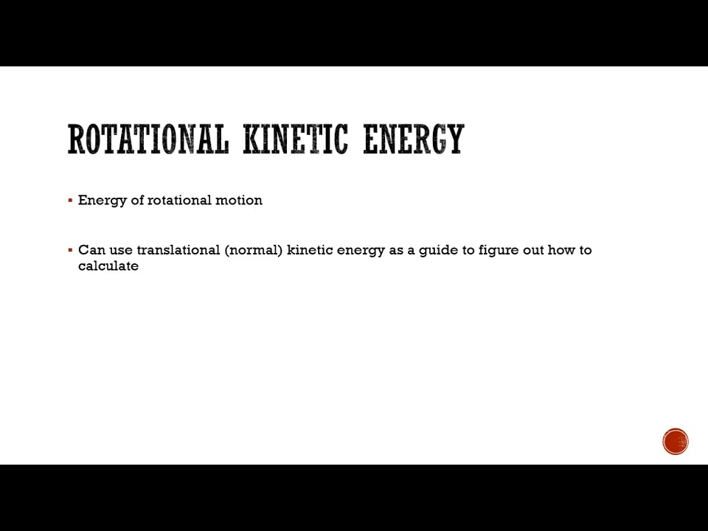So, to calculate what energy of rotational motion looks like, I want to use translational, or what I would call normal, kinetic energy as a guide to figure out how we should calculate. Normal kinetic energy is 1/2 mv squared. Well, the m is I in rotational motion. The v is omega, so the rotational kinetic energy is 1/2 I omega squared for an object. So in order to calculate the rotational kinetic energy, I need to know the moment of inertia and the angular